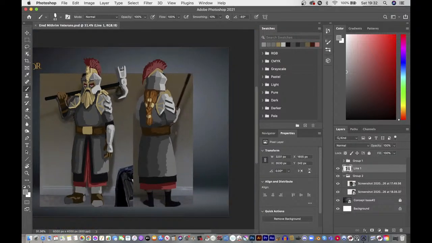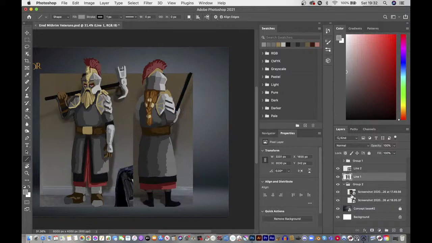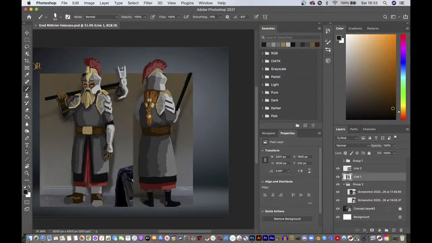Okay, so let's just give him his weapon. Should be good. The massive dwarven feet that